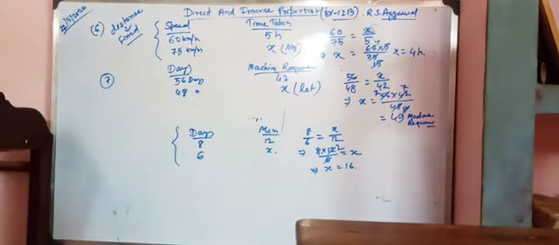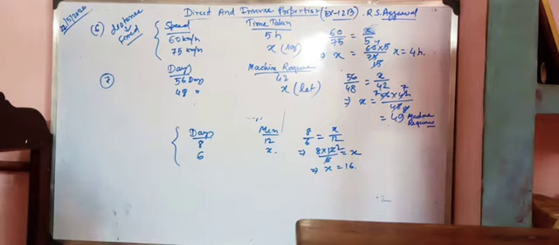Okay. Next, question number 8. 7 taps of the same size fill a tank in 1 hour 36 minutes. How long will 8 taps of the same size take to fill the tank? Since the tap size is the same, we put that in the inverse variation formula. We get the result easily. Try it.